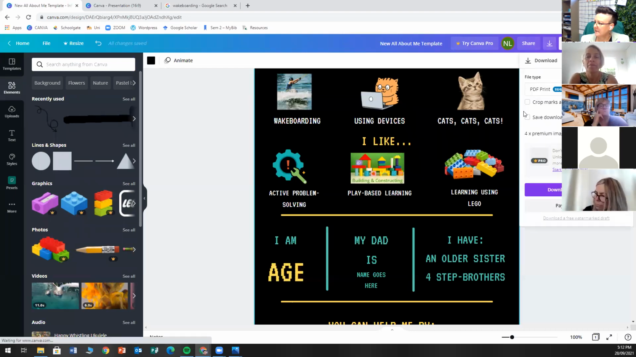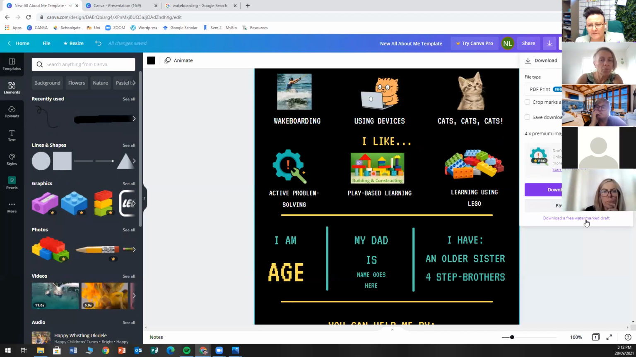And you can download. I've logged in on my free account just to make sure that you guys could access everything that's here. Oftentimes you pay and download, like pay per use. But a little sneaky way to get around it is to download a free watermarked draft. So when I downloaded this one in particular,